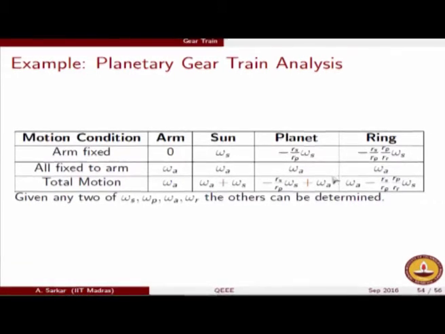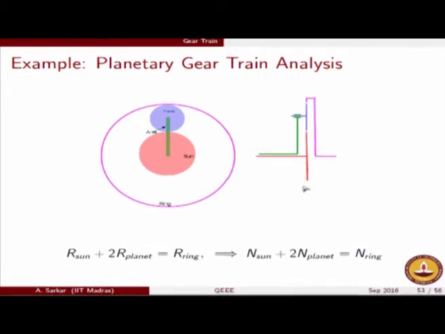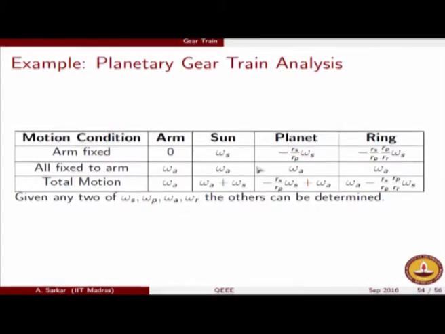They have very nice properties in terms of dynamics also, because what is usually done is that there will not be just one planet as is shown here. There will be some redundant planets also, redundant in the kinematic sense, because if I use additional planets, they don't serve any kinematic purpose, but they can be very important in balancing the mechanism. So again, the noise and vibration characteristics of such gear trains will be very favorable, and therefore they have been prevalently used in different applications.